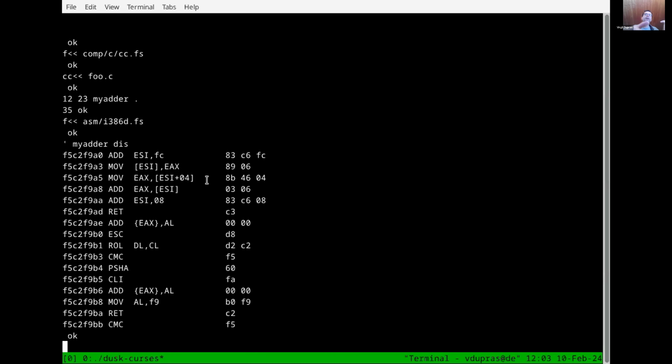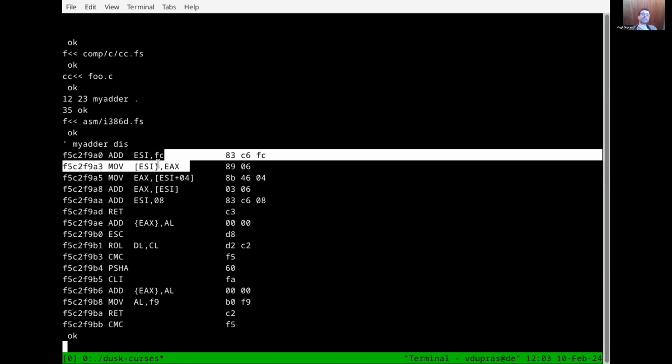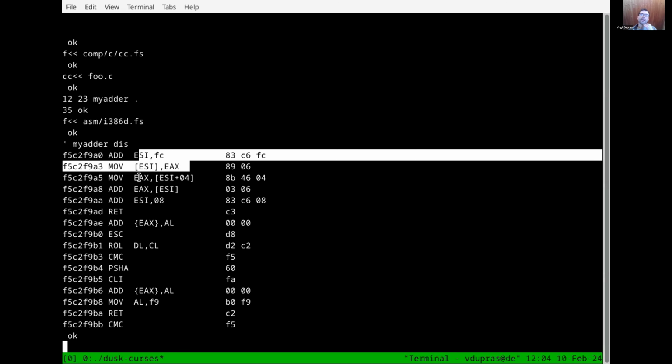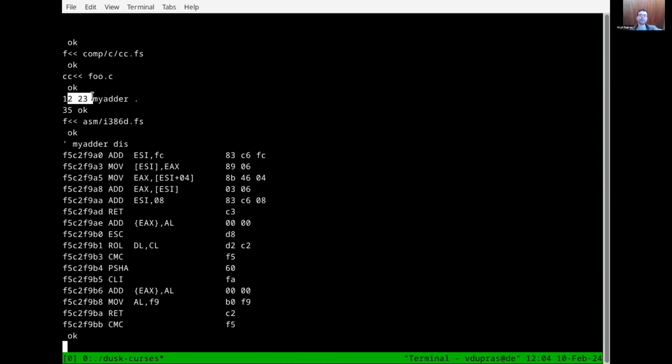So I always make some wiggle room here with the dupe so that I can use EAX freely in further compiled words. So every C word starts with this, and then my parameters that were supplied here end up in ESI and ESI plus 4, and this is exactly what I do.